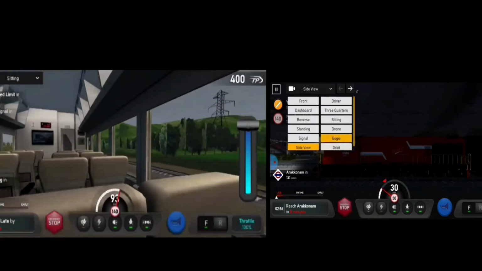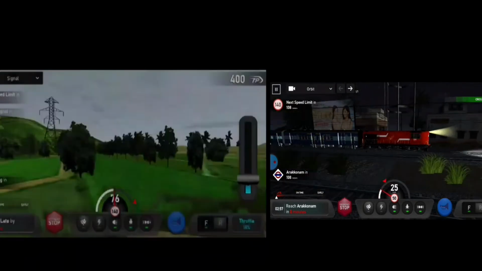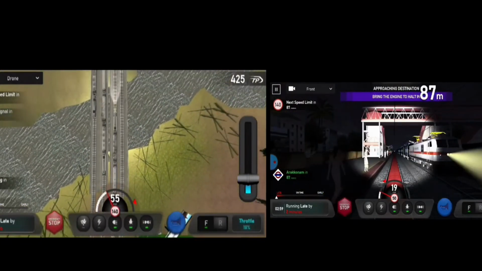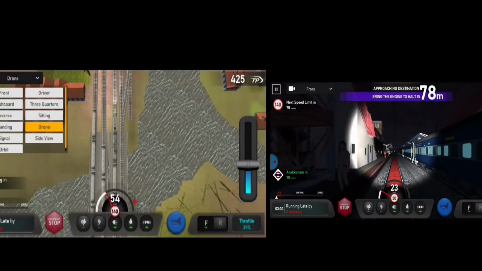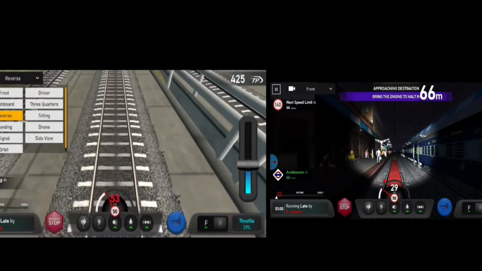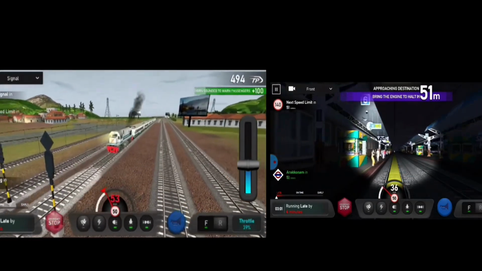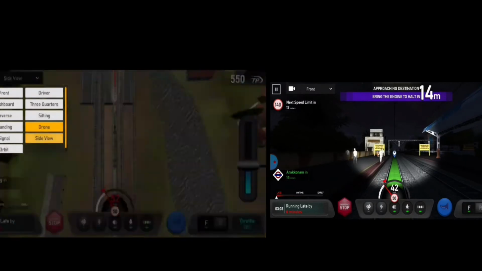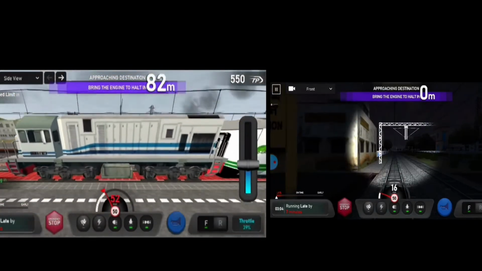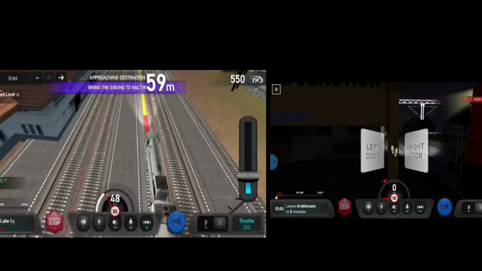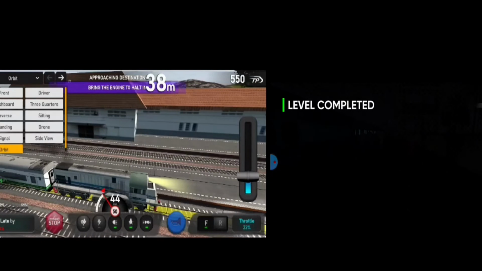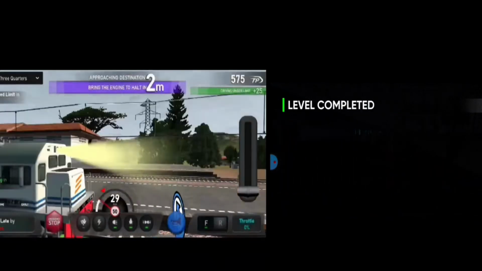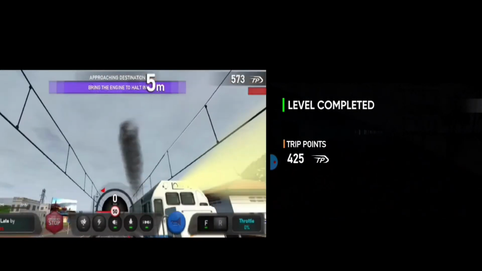Oh, that's Indonesian. See, Indian has reached Arakkonam, but Indonesian haven't reached Karawang. Arakkonam Junction, Indian. Karawang Junction, Indonesian. Indonesian has reached Karawang late, but Indian has reached Arakkonam early